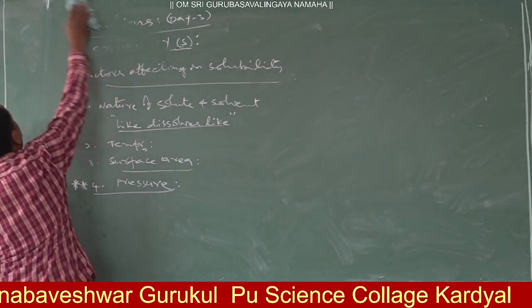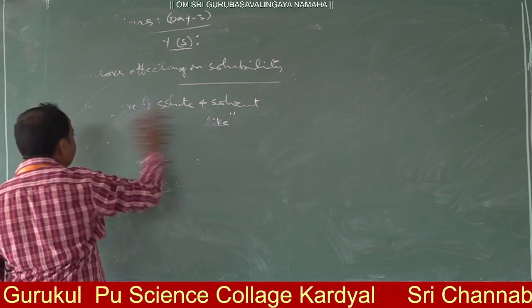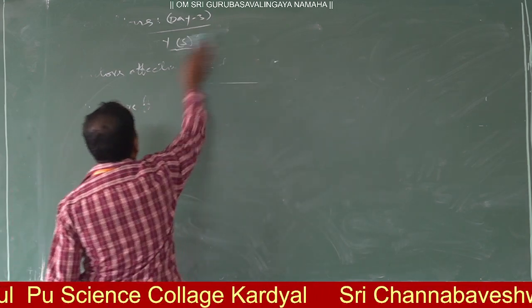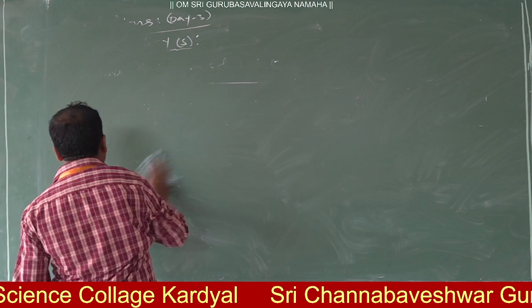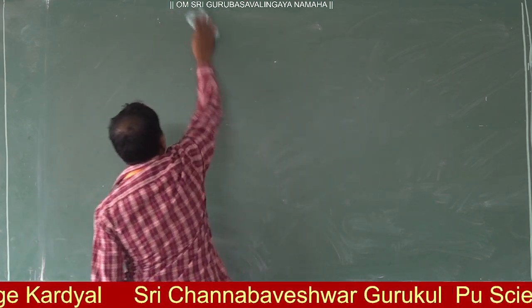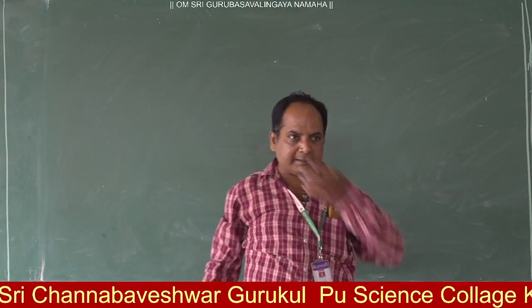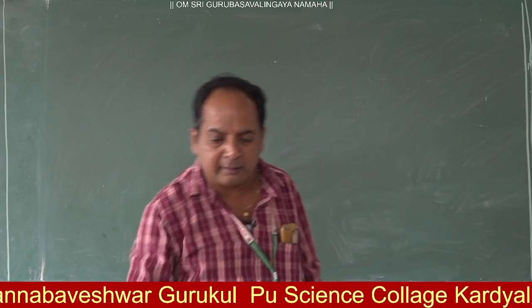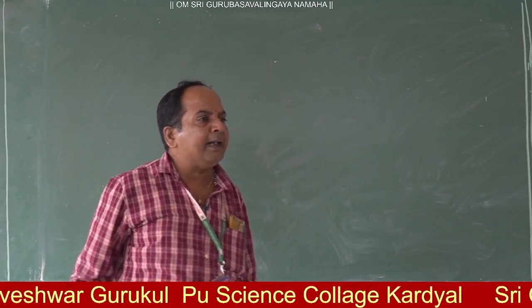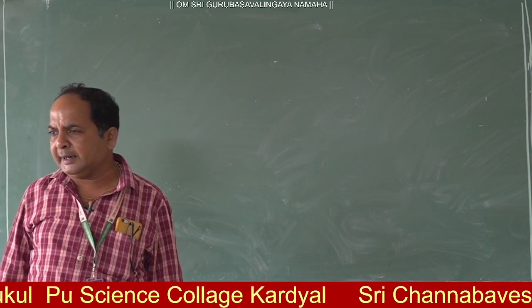Two capacitors are there, C1 and C2. What is the effective capacitance? 1 by Cs is equal to 1 by C1 plus 1 by C2. N capacitors are there, identical capacitors. Cs is equal to C by N. 1 by Cs is equal to N by C. So Cs is equal,